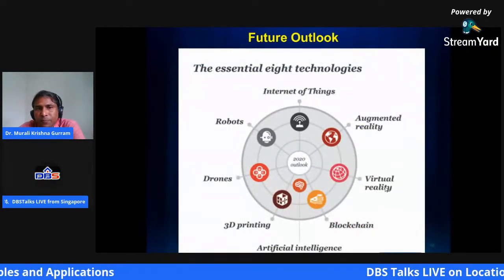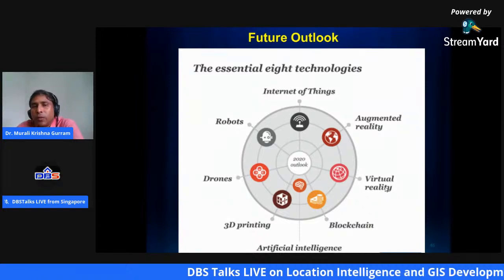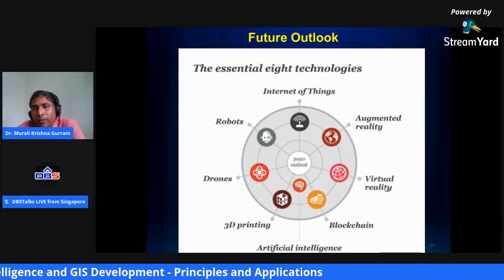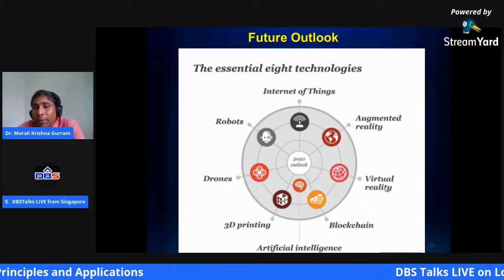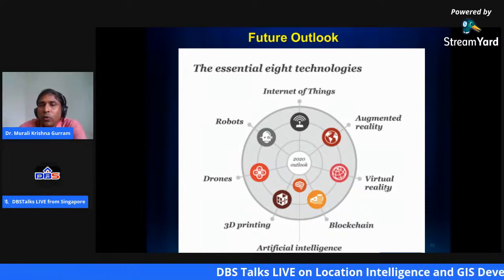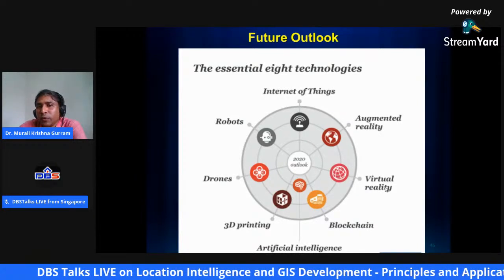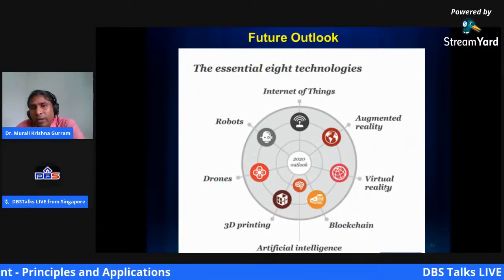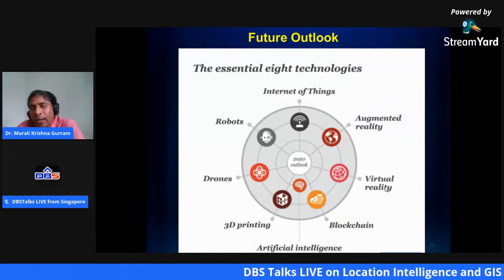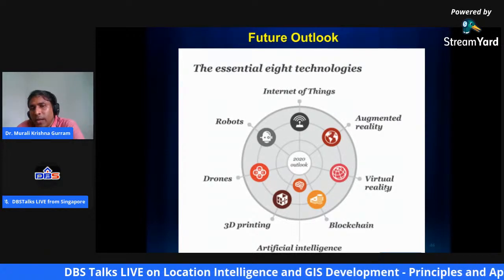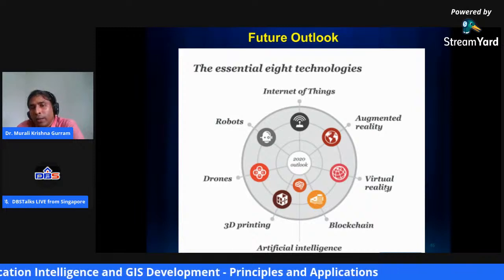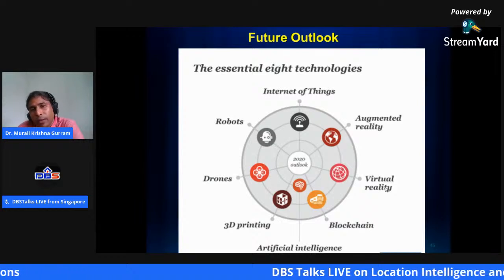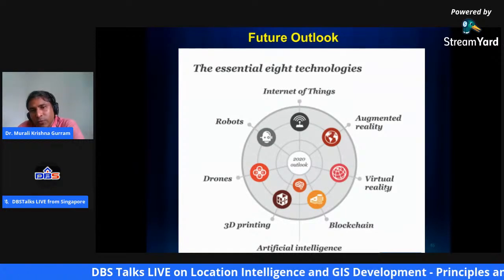Next, please. So, future outlook. What next, going forward? Nowadays, we are on the threshold of the Internet of Things and augmented reality. As I told you already, augmented reality is going to be the sixth dimension of your computational world, or IT world, tomorrow. It has enormous potential, and I'm sure it is one technology domain that is going to lead all of these technologies forward.